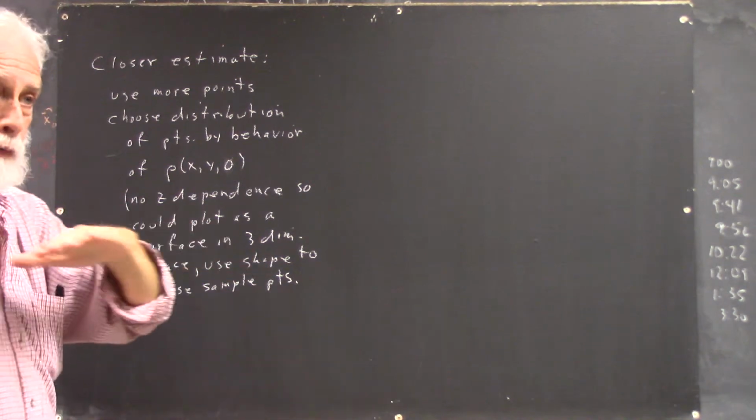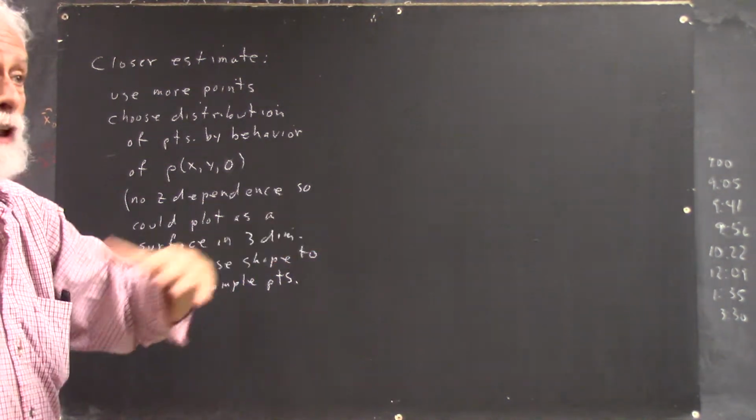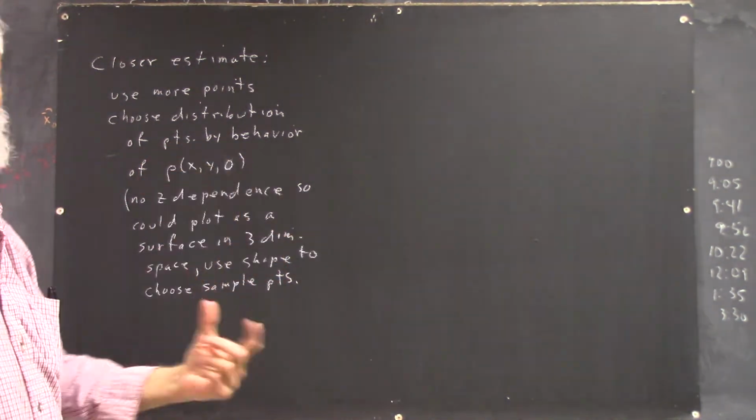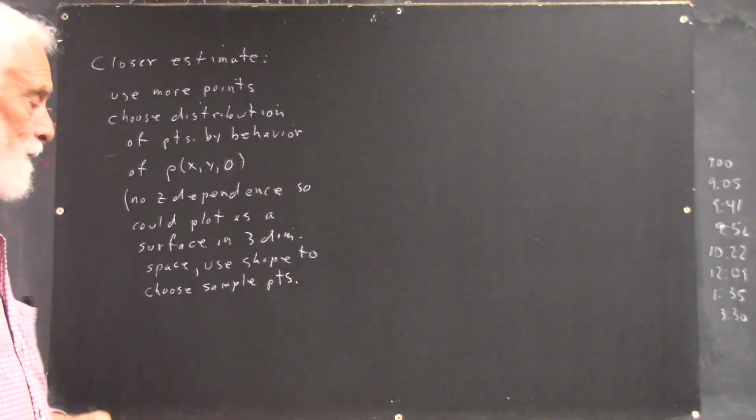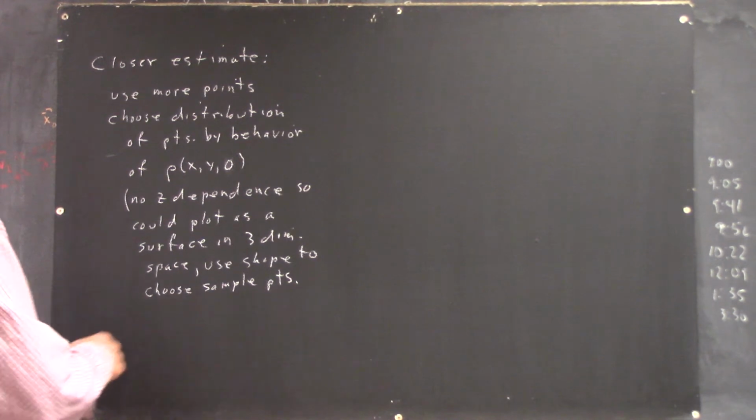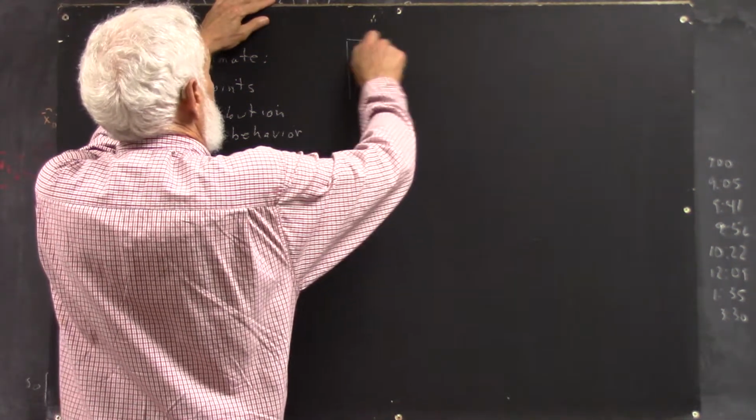Where this function is relatively flat, it's not changing by much, so we don't need to choose as many points in that region, okay? So, for example, in the three-dimensional region,